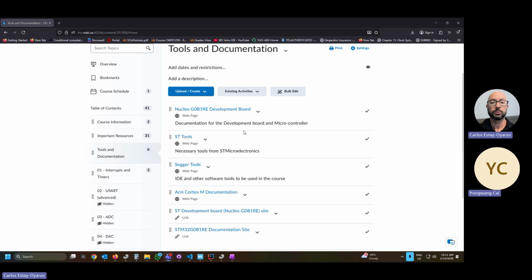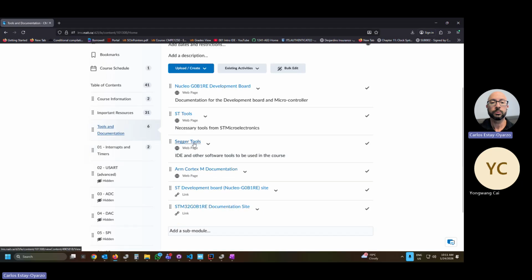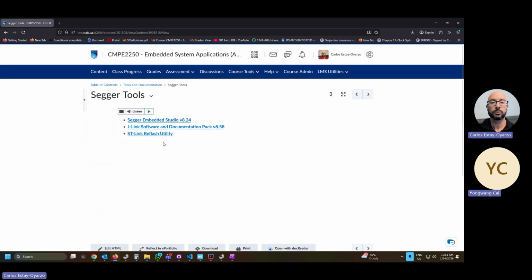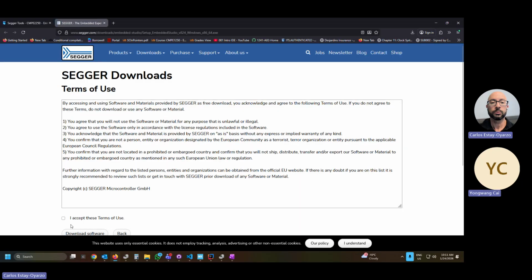All right. So in tools and documentation, we have a bunch of stuff here, but I want to just make clear the bare minimum that we need for the course. So first in Segger tools, there are two things that we need here. Well, three actually. So one is the link to Segger Embedded Studio, which I assume that